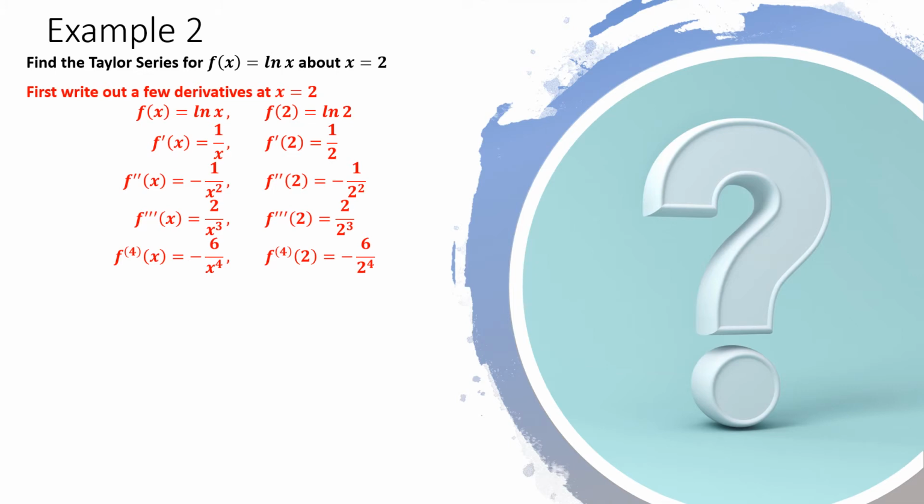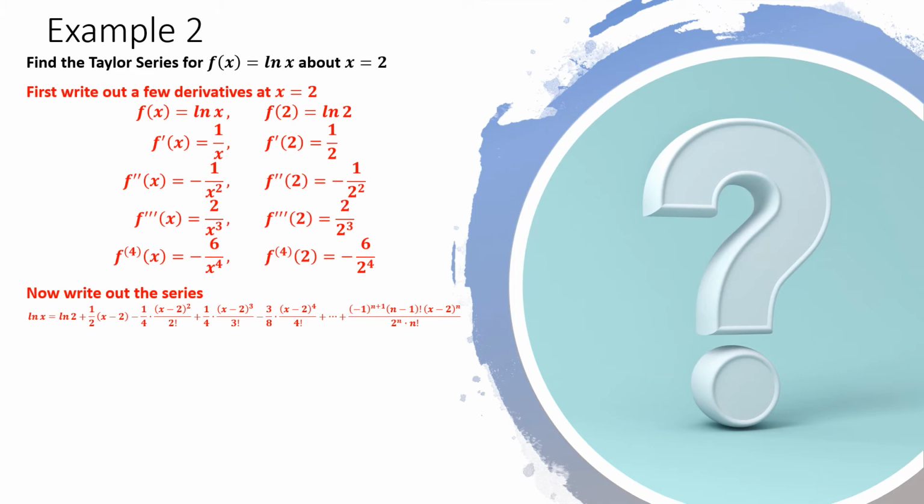Alright, so I'm going to go ahead and stop here at the fourth derivative, but again, you can go as far as you want to go until you start seeing like a little pattern in your derivatives. Alright, so now I want to write out the series using that Taylor series formula. And so I have ln of 2 plus 1/2 x minus 2 to account for my center, minus 1/4 or 1 over 2 squared x minus 2 squared over 2 factorial, plus 1/4 x minus 2 cubed over 3 factorial,